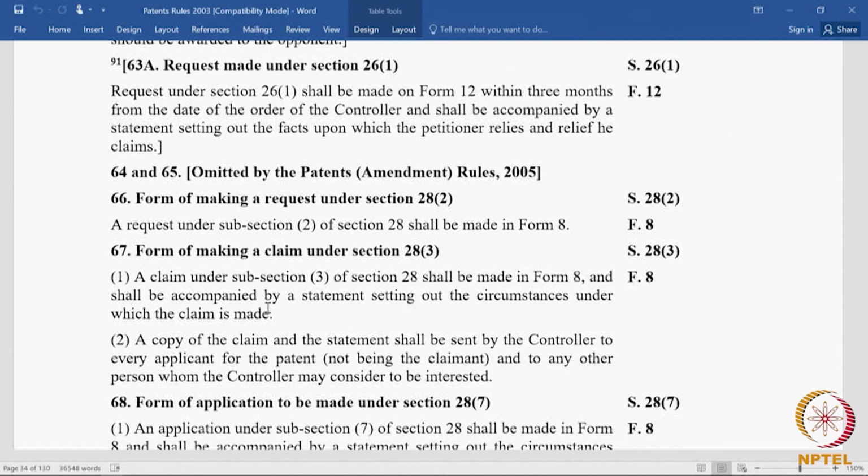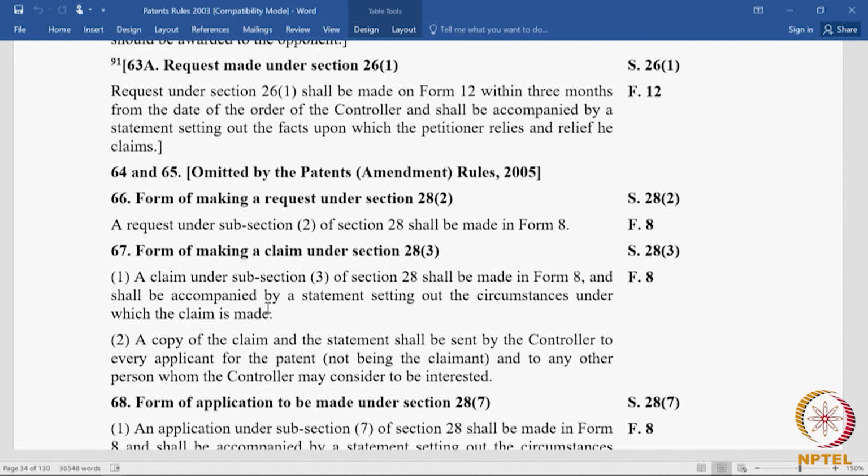Only then, after the order in post grant opposition is out, within 3 months you can file proceeding under section 26. So, they are not joint proceedings. So, if a question is raised, what is the time frame for filing a proceeding under section 26(1) or for filing form 12? Form 12 can also be filed under section 52(2), but if form 12 is going to be filed under section 26(1), what is the time frame?